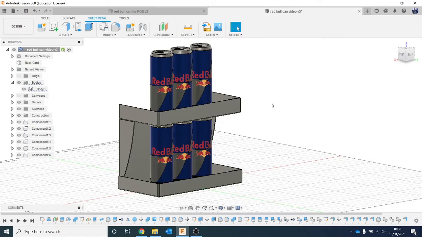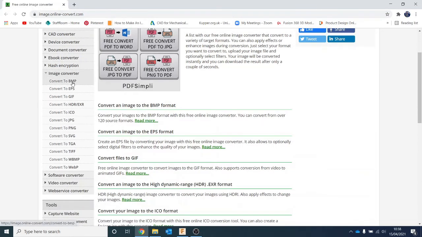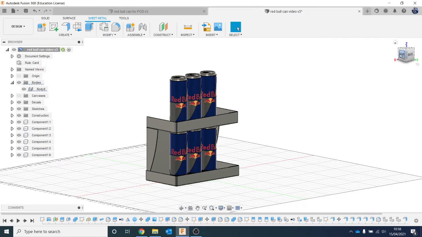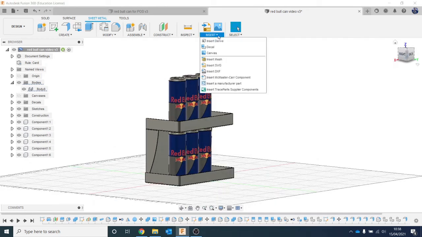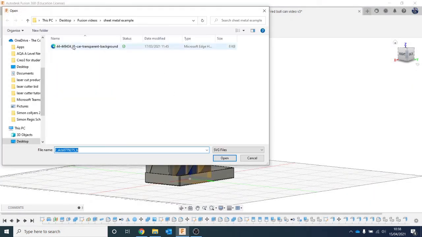So first of all, with SVGs, the kind of image you find matters. Really, the best ones are silhouettes or very dark images. And then the best thing to do is go into an online image converter like this one, imageonlineconvert.com, and it will let you take a JPEG, PNG, anything like that, and convert it to an SVG. So with it being Red Bull, what I've done is I've gone to Insert, SVG, and then I found the image of,